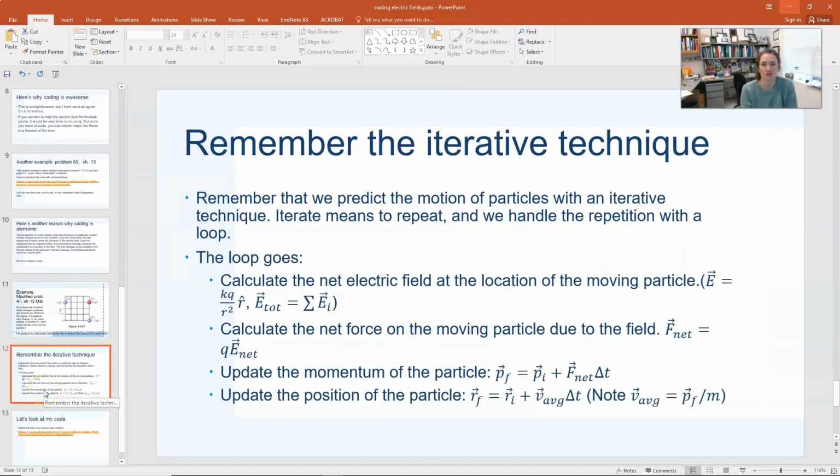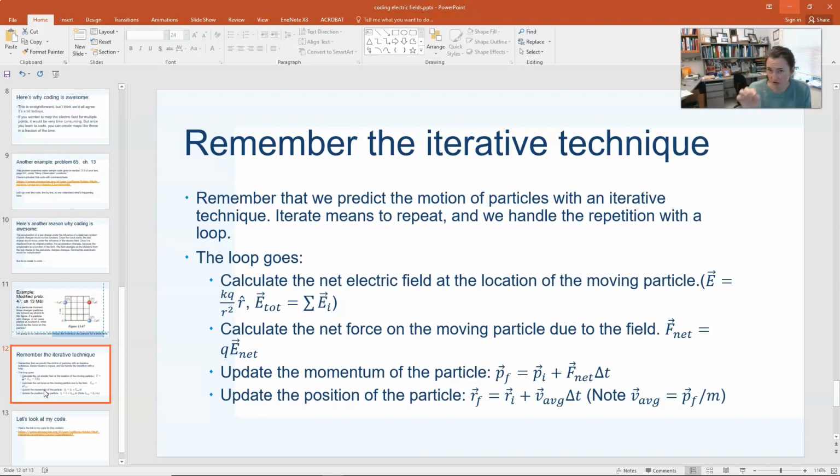So what we're going to do here is remember our iterative technique. And this was covered in some earlier lectures on VPython, the iterative force technique for mapping the motion of something using VPython. Okay, so remember, iterate means to repeat. And so this all goes within a loop. Okay, so here's what we're going to do within this loop. First of all,